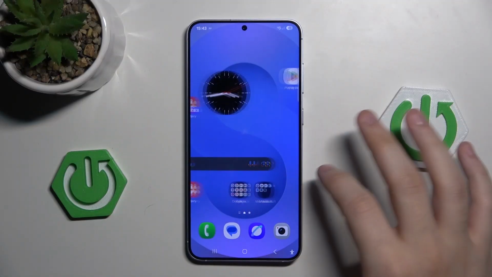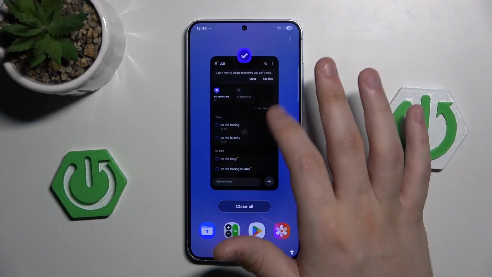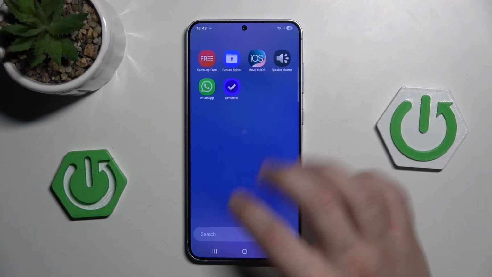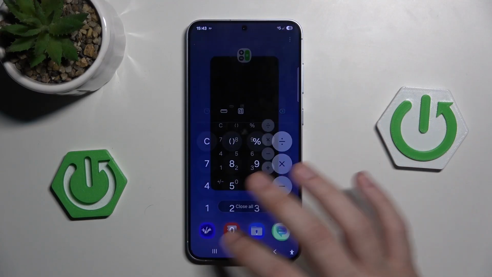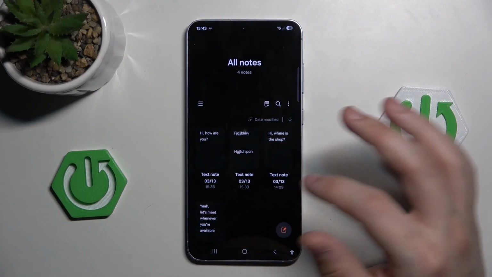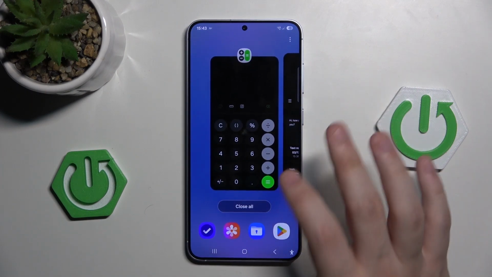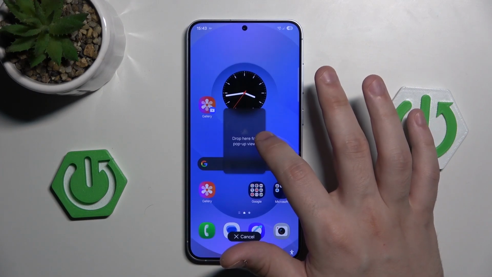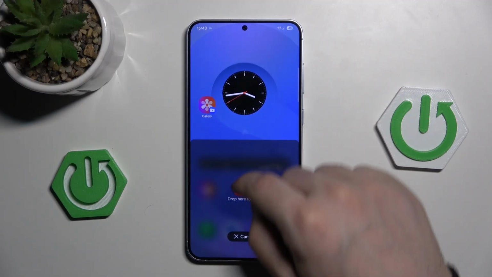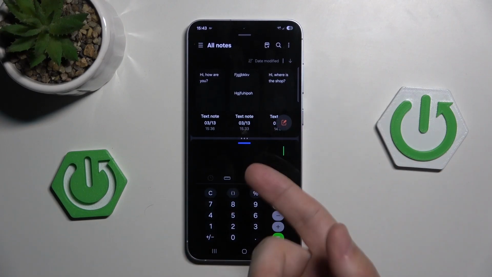Okay, so let's begin. The first feature I'm going to show you is the split screen mode. To enter the split screen mode, first let's get into one app. As an example, I will use the calculator, and the second app will be Notes. Now, to enter the split screen mode, we need to get into the recent apps. Let's hold one app, and we can place it on the top or on the bottom. Let's say the Notes will be on the top. And now we have the calculator